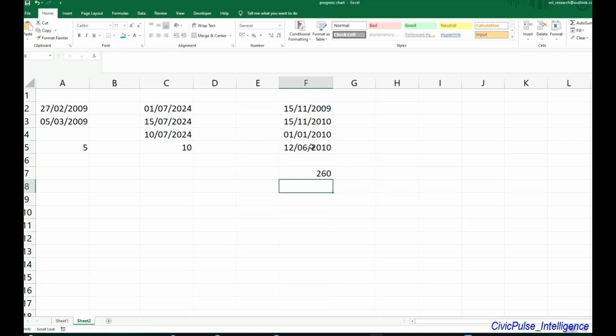So voila, you see that Excel is returning the number of days that we have between the start date and the end date, excluding the holidays that I have added to the argument of the Networkdays function. So from the 15th of November 2009 to the 15th of November 2010, there are 260 working days, excluding the two holidays that I've added to the Networkdays argument. So now you can easily track the number of days that you've used for a particular project using this Networkdays